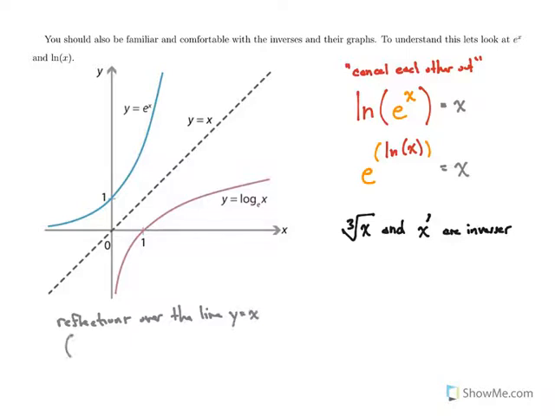And this is the idea that all x and y's switch. That's what an inverse is doing. You're taking all the x's and y's and you're switching them. That's the same thing as reflecting over the line y equals x. So, for instance, in this graph, we have the special point for log that I pointed out earlier, 1, 0, is reflected